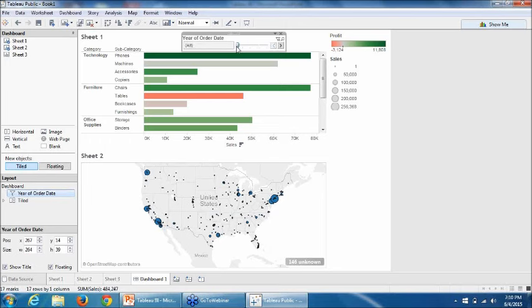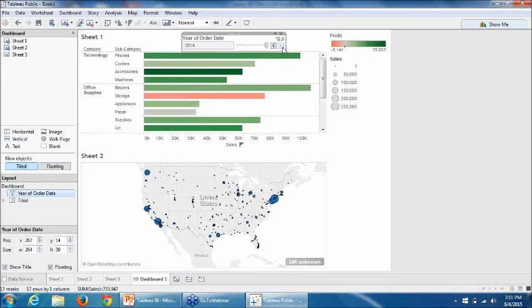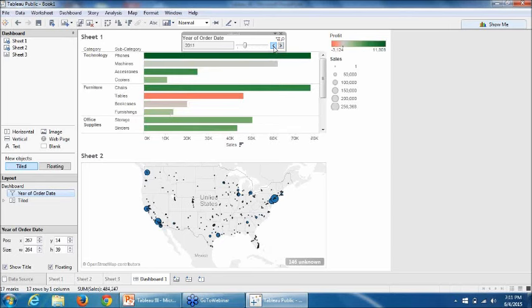I have the slider. This is the data across all the years, and I want to see the progress year by year till date. Then I can slide through. Now I want to reflect the change that I'm making in this particular sheet in the second sheet as well, right?